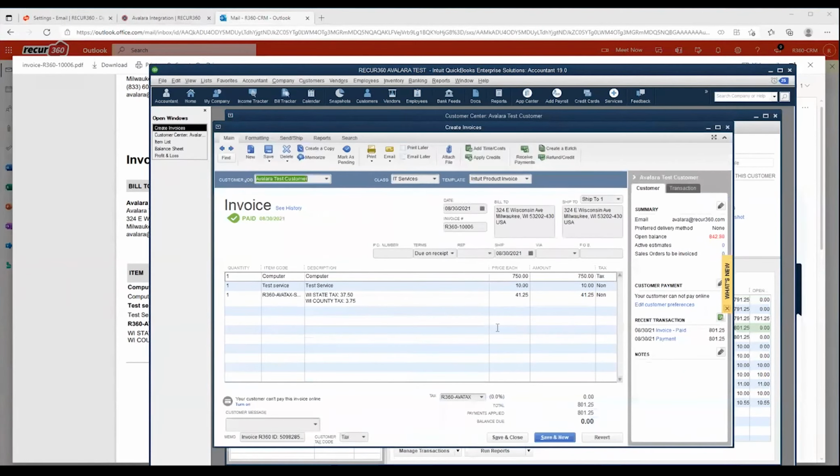And so if we go into QuickBooks, it essentially looks the same as it does inside of RECUR, as you'd expect, because we're writing the data into QuickBooks as if it was created there. So now on the reverse, you could create and/or import invoices into QuickBooks. And if you want RECUR to calculate the sales tax, you just have to make sure that you have R360-AvaTax